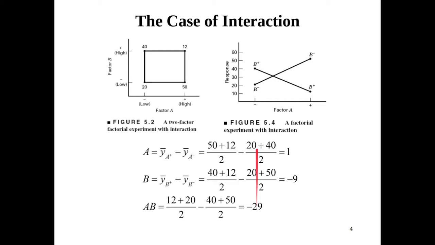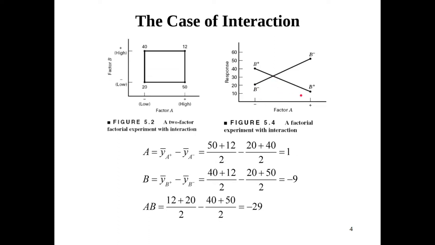If you plot response versus one factor, factor A, you will see that the B minus line and B plus line are actually crossing each other. They are not parallel anymore. They are crossing each other. That means when the lines are not parallel, when they are crossing each other, we can say that's an indication of significant interaction. What it is saying is factor A is not that important, but when you go from minus B to plus B,